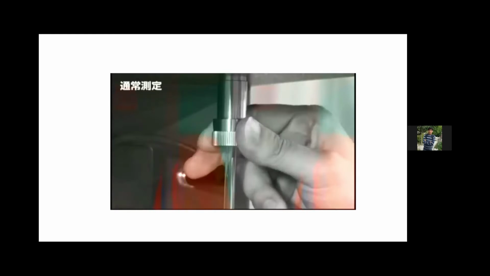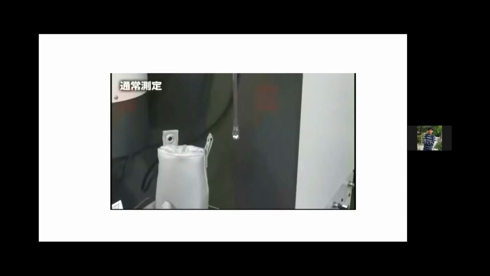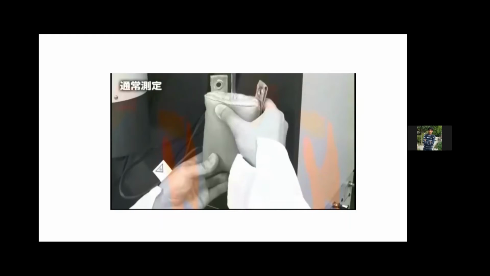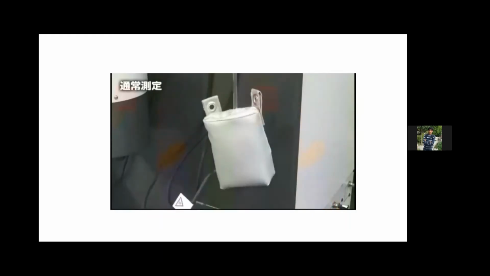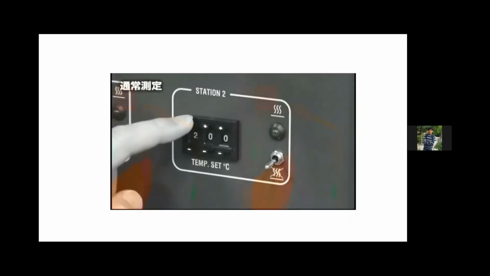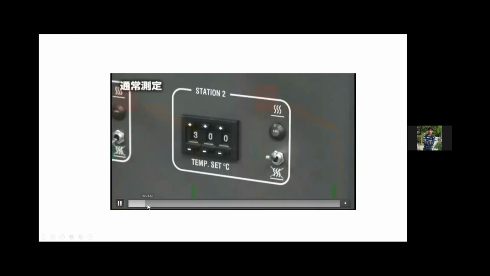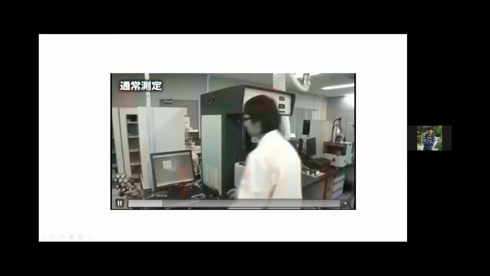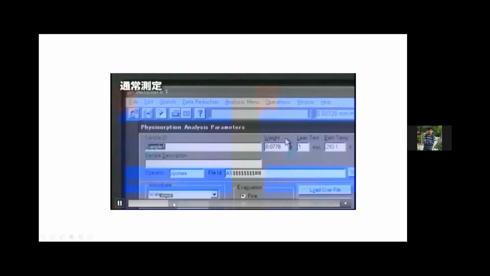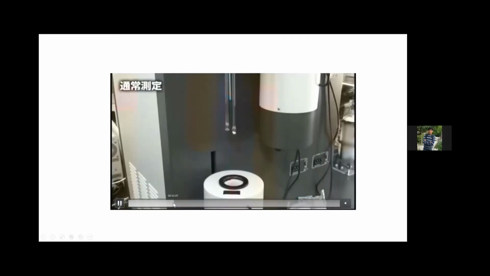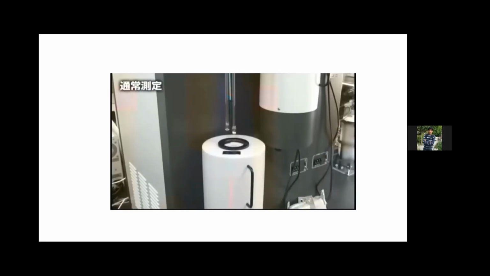This is the instrument where we put the material, and first we need a two-step process. The first is the thermal evaporation, during which we remove any contamination. After that, we put this instrument in liquid nitrogen, and as a result we create a pressure.